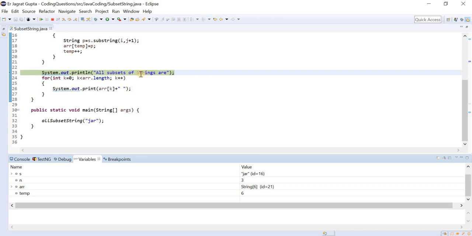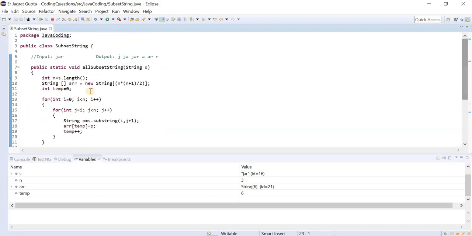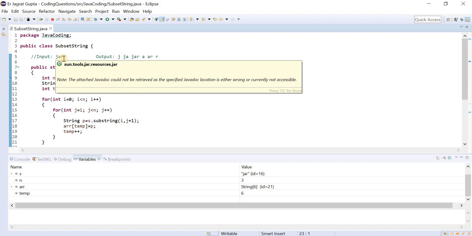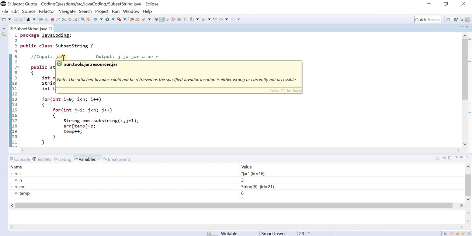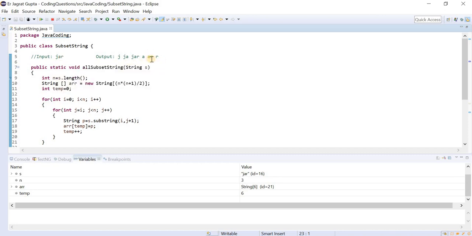Now the pointer will be here. So this is how the loop will work: J, JA, JAR for i equal to 0; for i equal to 1, A, AR and small r; and for i equal to 2, only small r. It will print like this.